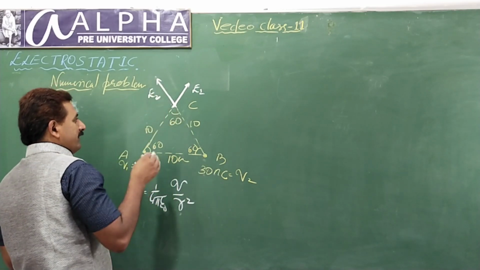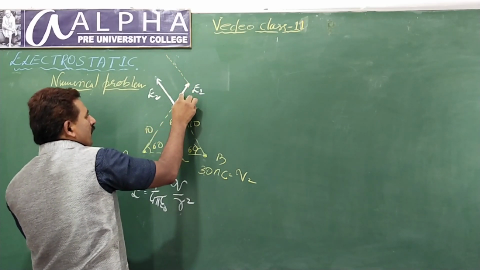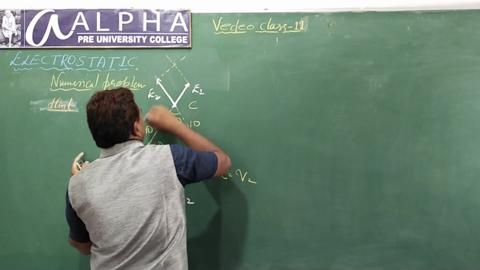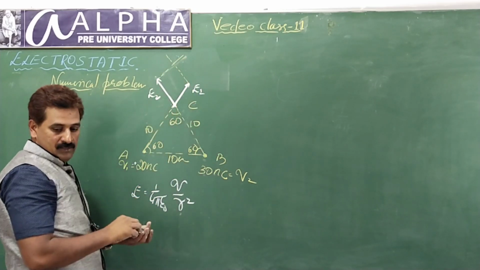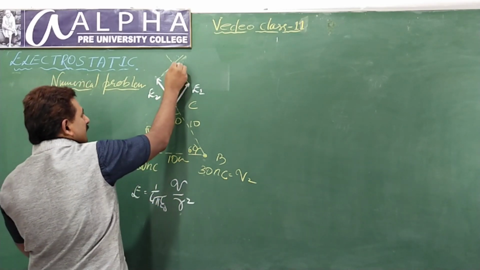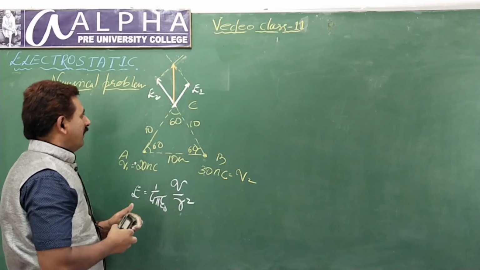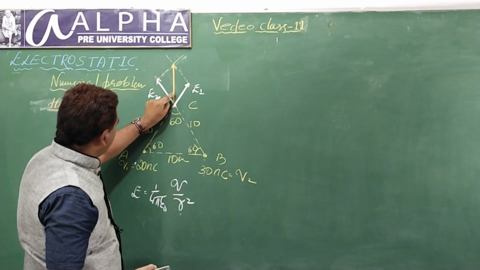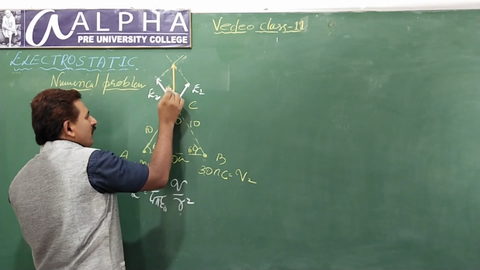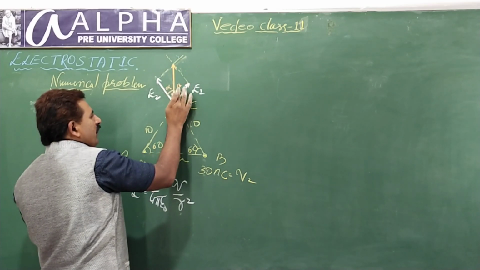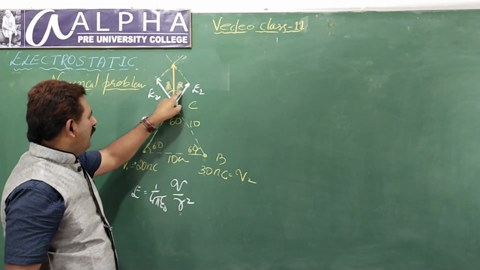How do you find the resultant? Same story. You draw a line parallel to this, like this, from here. Now, one thing is obvious: the diagonal does not bisect the angle. It is more towards this side, meaning this angle is less. I can take this alpha and this beta. If you find alpha, what is alpha?